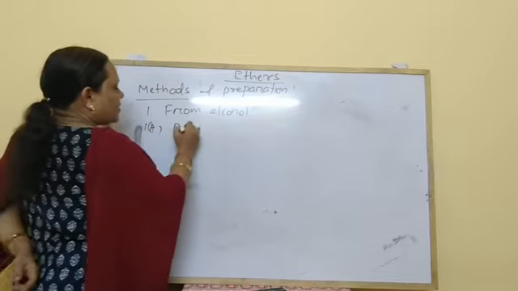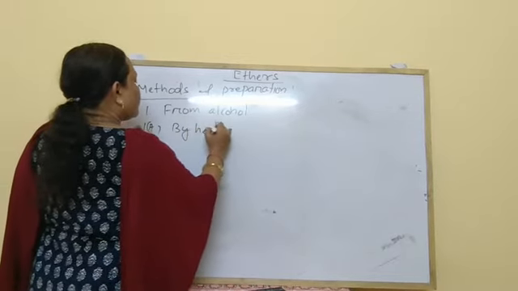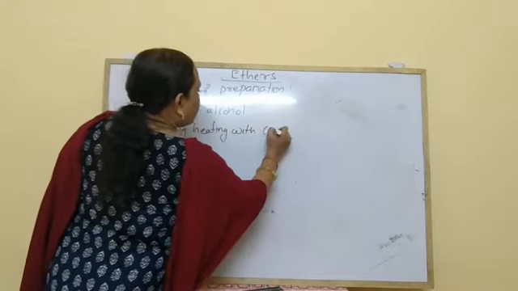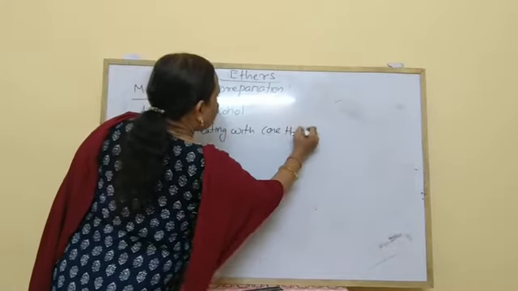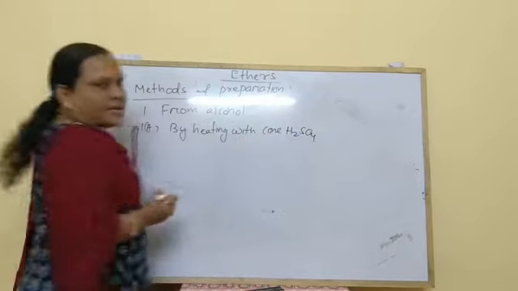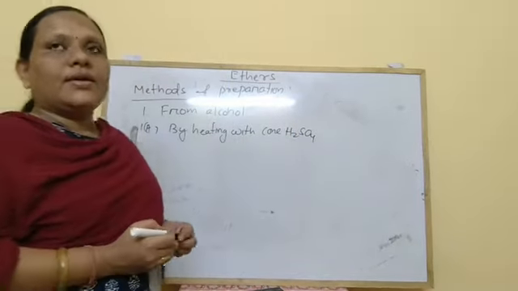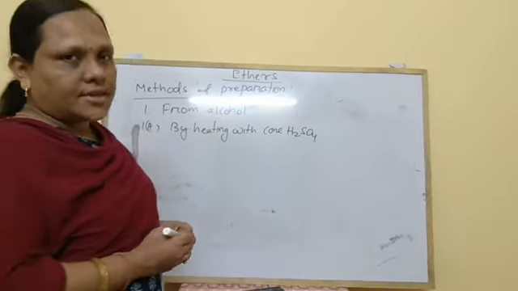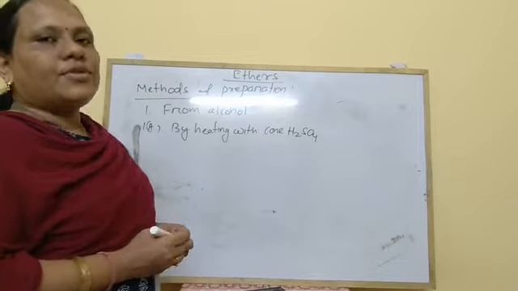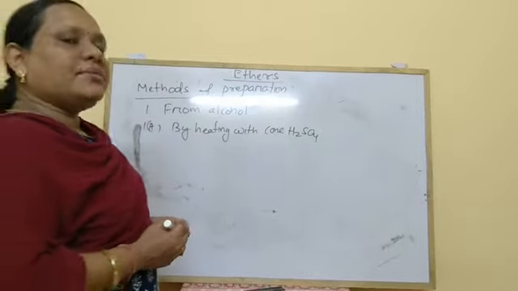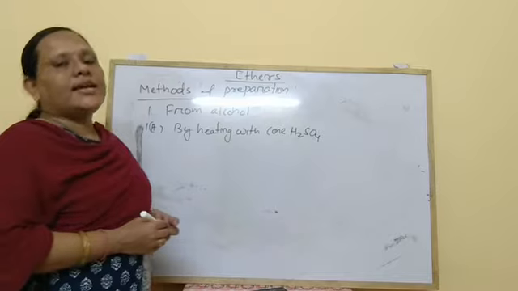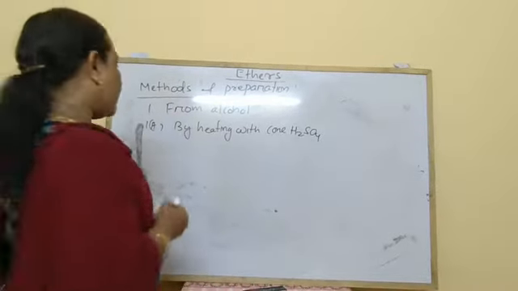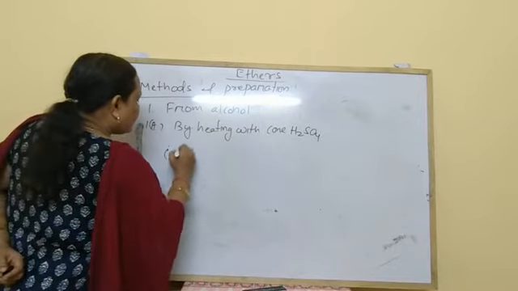One, by heating with concentrated sulfuric acid. So when an alcohol is heated with concentrated sulfuric acid at 140 degrees Celsius or 413 Kelvin, elimination of water takes place and it forms an ether. Here temperature is an important factor. For example,